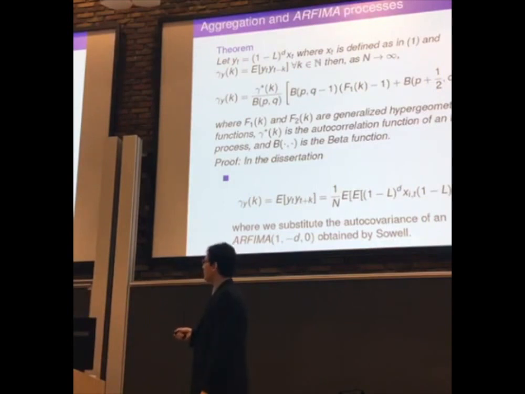Another thing on how we show this, the same idea as before: the autocorrelation function is the expected value of the product. Now we have this product of ARFIMA(1, -d). We know from Sowell, 1992, I just put it there, this is the autocorrelation function of an ARFIMA(1, -d), and then as before, it's going to be a function of alpha_i, and then we can just get the expected value over alpha_i of that function, and that's going to be our autocorrelation function.